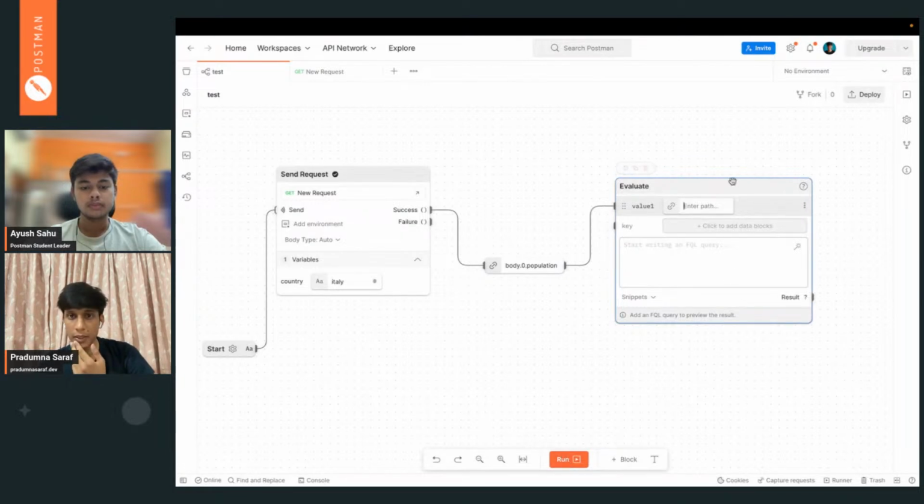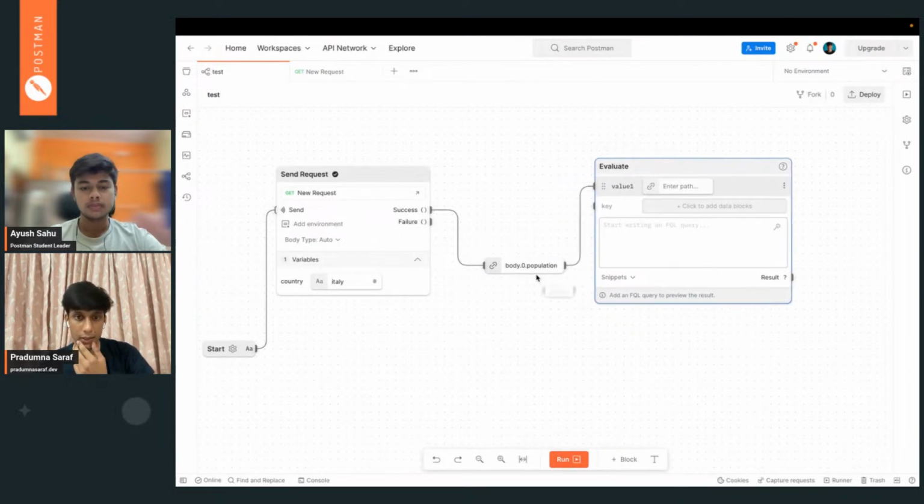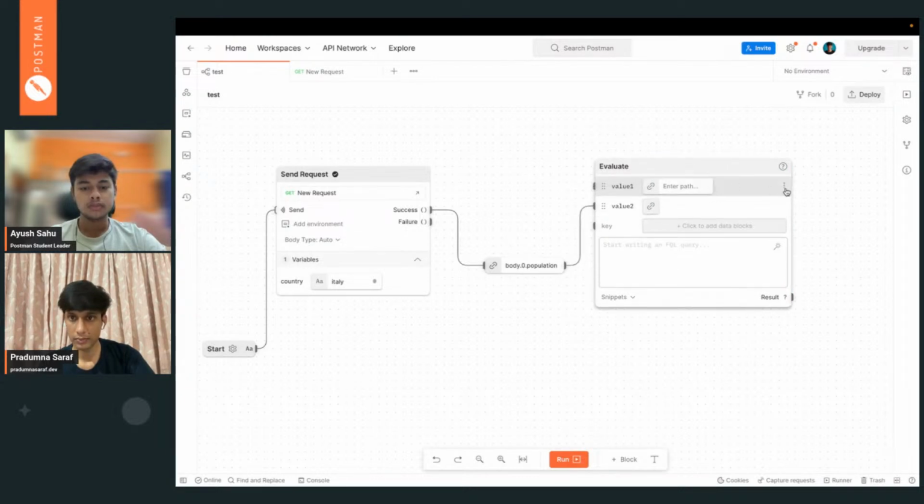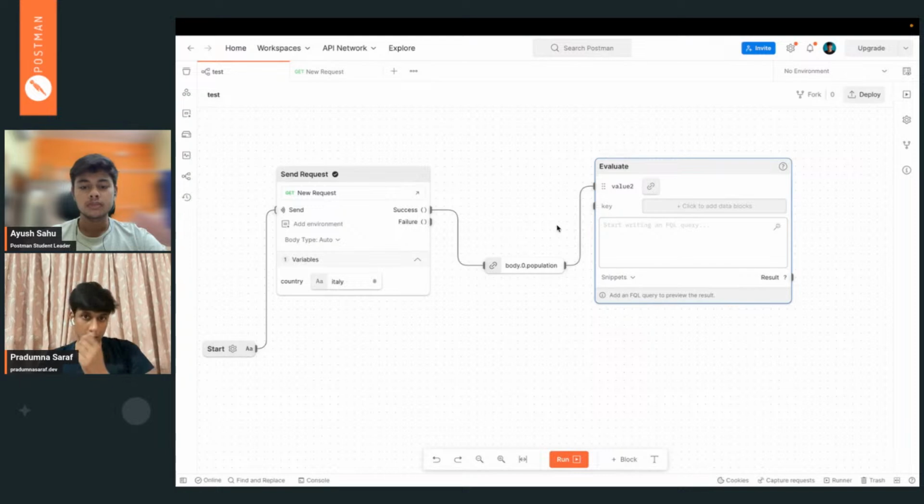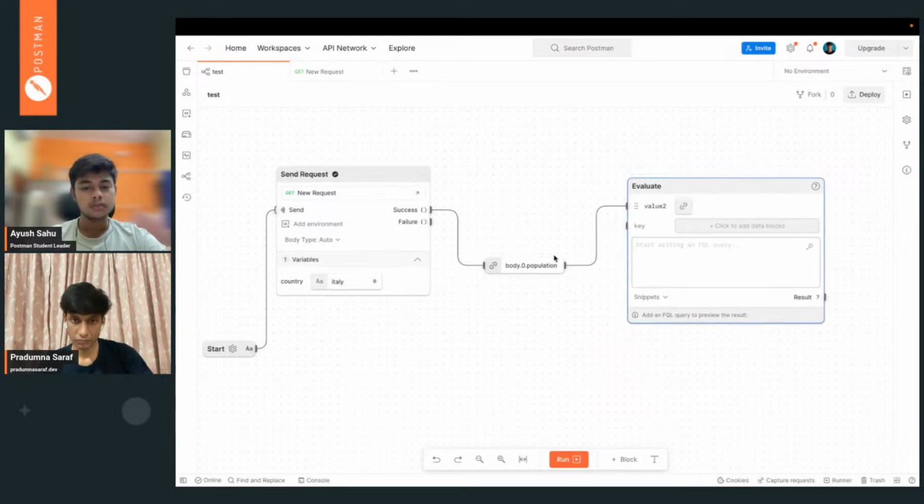So yeah, we can evaluate the data. Okay, so what we have done is taking this value and using the evaluate block. What the evaluate block does is that you can take the data and change it accordingly.